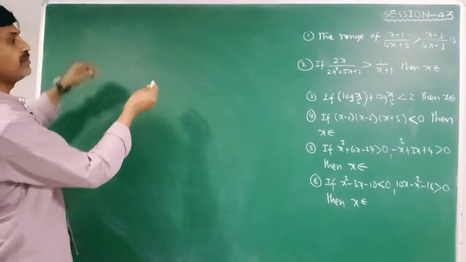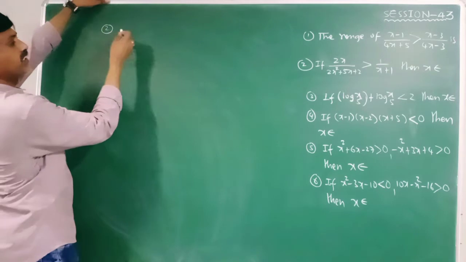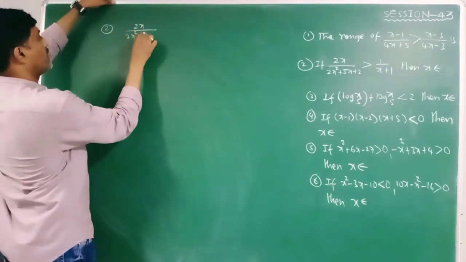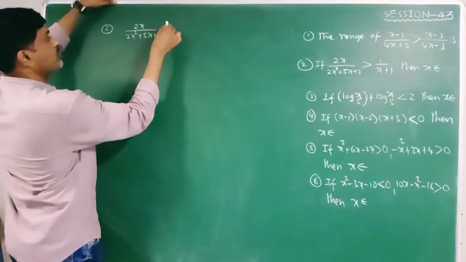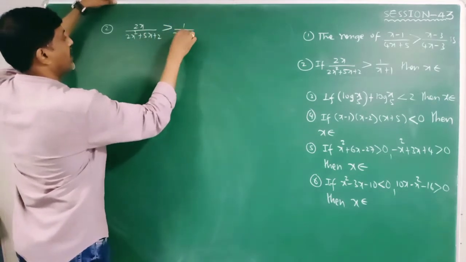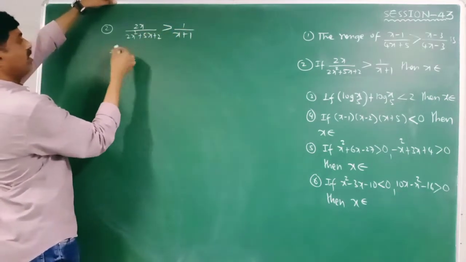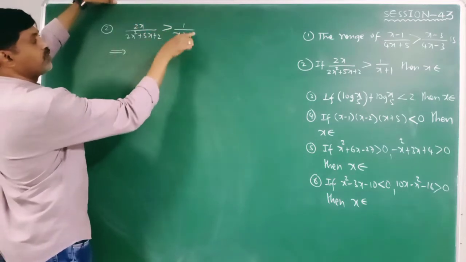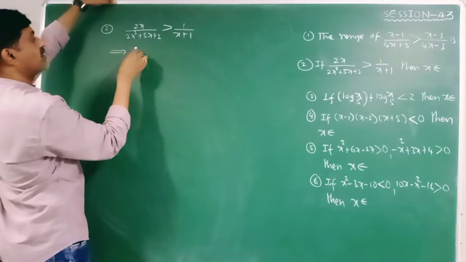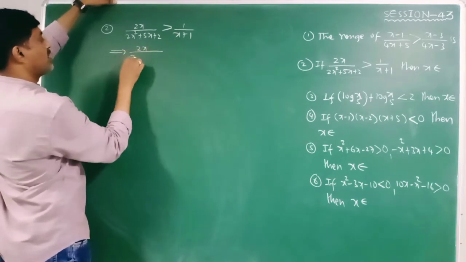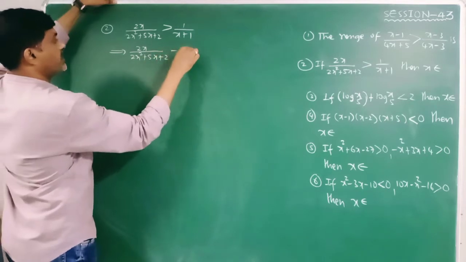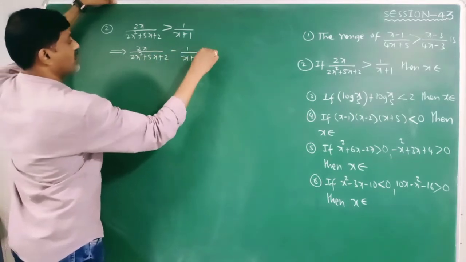Okay students, move on to the second question, which is 2x by (2x square plus 5x plus 2) is greater than 1 by (x plus 1). Don't cross multiply with 2x, because we don't know whether it is negative or positive. So 2x by (2x square plus 5x plus 2) minus 1 by (x plus 1)